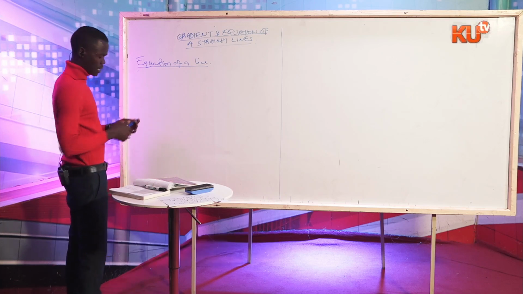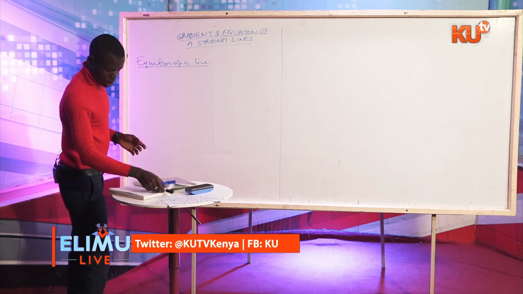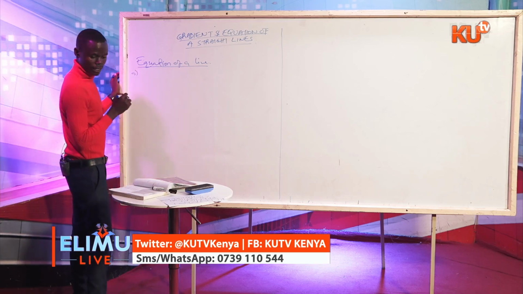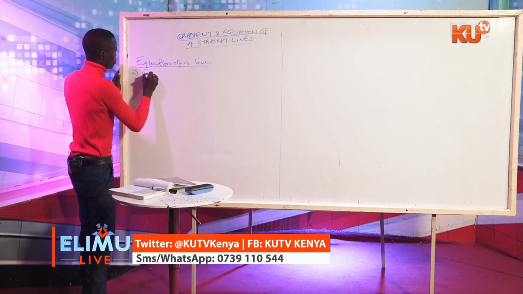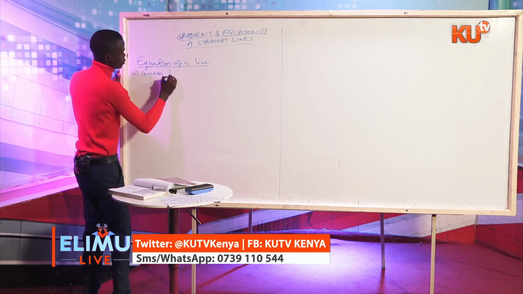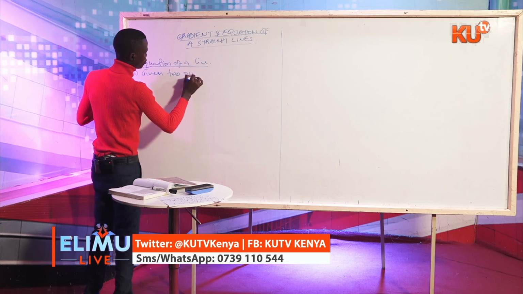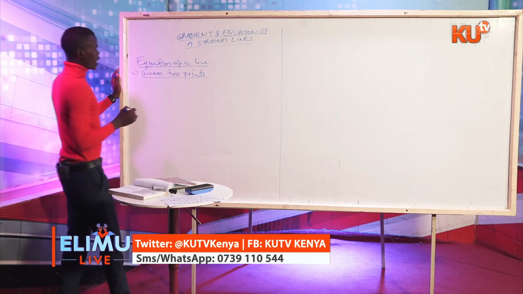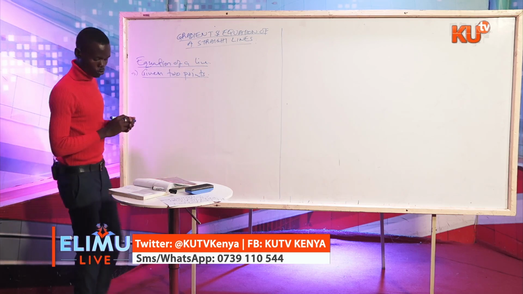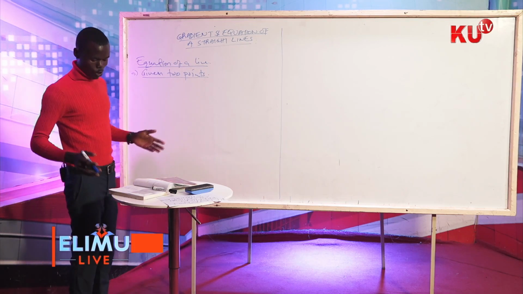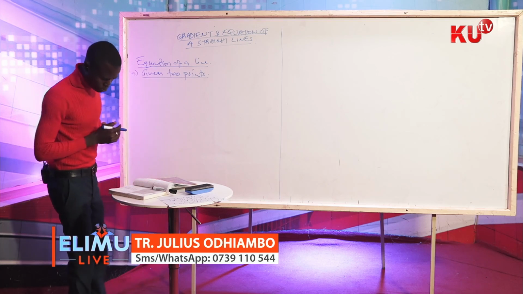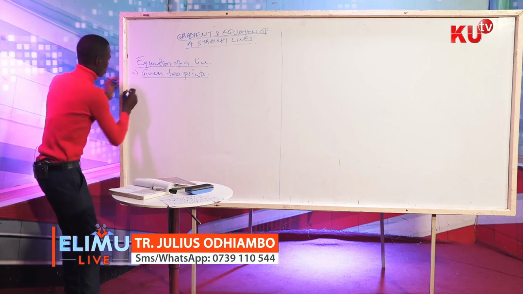Equation of a line, we have got two ways. The first way is given 2 points. You can be given 2 points and then you've been told to find the equation of a line. So what do we do? For example, example 1,